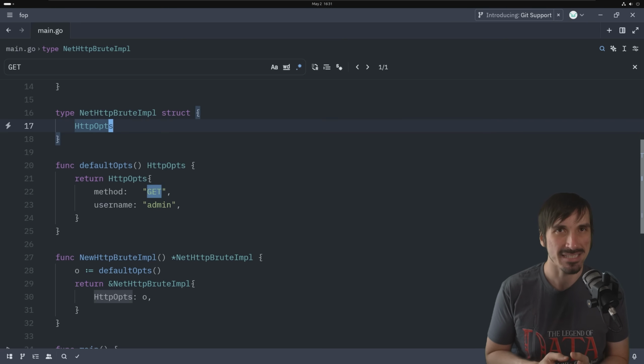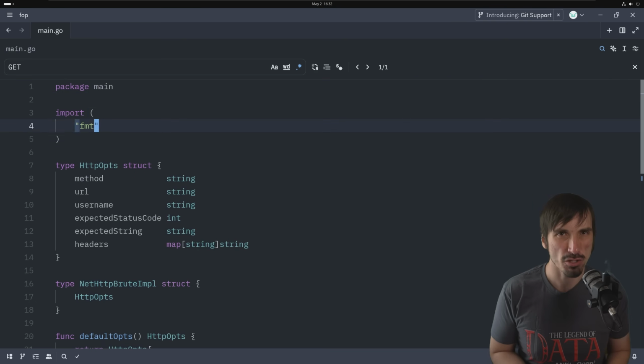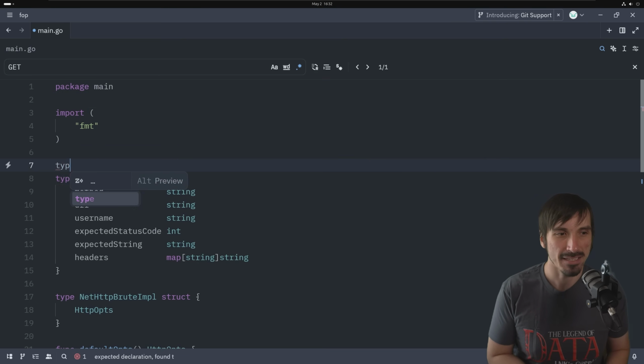So what we want to do is be able to edit all these options. And this is going to be where it gets a little bit more complicated because we're going to go into function type definitions and higher order functions. You have to understand exactly how all that works because a lot of this is just copy and pasting things, right? So we're going to start off with the function type definition. So that's going to be a type. I'm going to do HttpOpt func and func